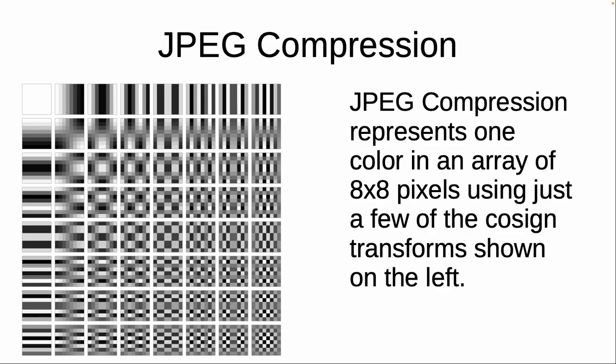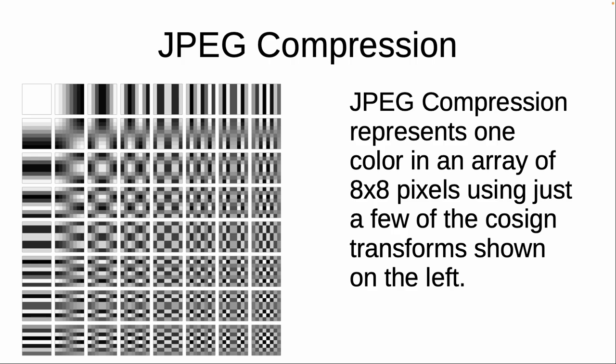JPEG compression is another important process. Basically what you do is you assume that the image is the sum of several of these. So each of the colors in the image is the sum of several of these blocks times some scale factor. So it's reasonably easy to decode this. You get a couple blocks, you know which the blocks are, you know how bright they are, and you add them together. Encoding is more difficult because you have to calculate what the coefficients are for all of these blocks and then choose just the largest few.